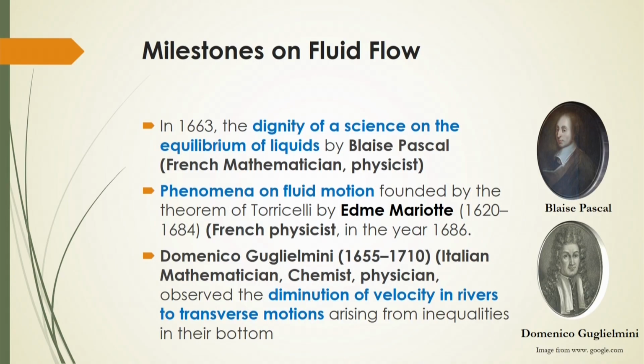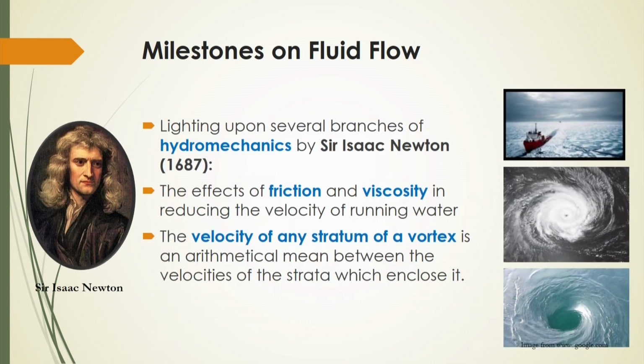After that, between 1655 and 1710, Guglielmini, an Italian mathematician and chemist, and you can say also a physician, observed that the diminution of velocity in rivers, transverse to the motion, arises from the inequalities observed in the bottom part of the river. After that, in 1687, several branches of hydrodynamics came out, described by Sir Isaac Newton,